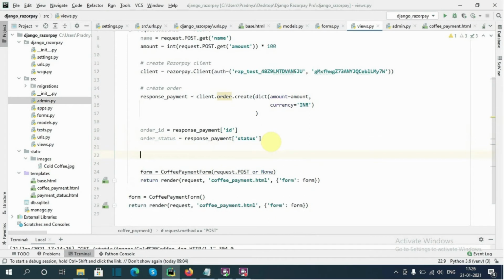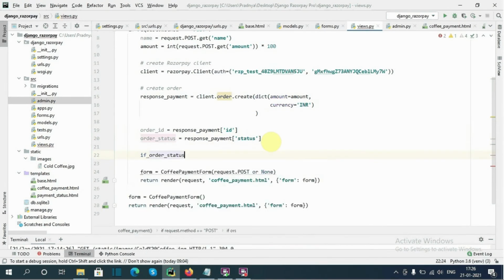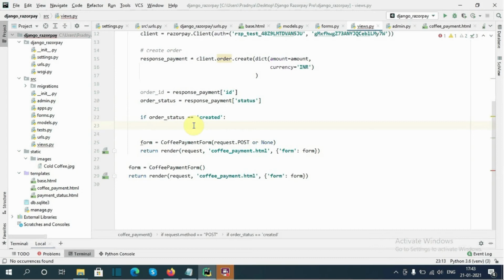If order_status is exactly equal to created, that means the order is created successfully, then I will save these order details in the cold coffee database table.